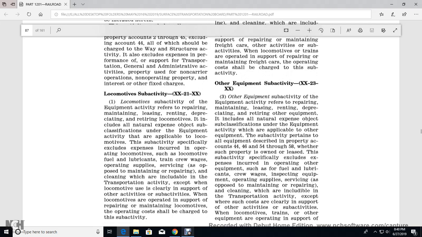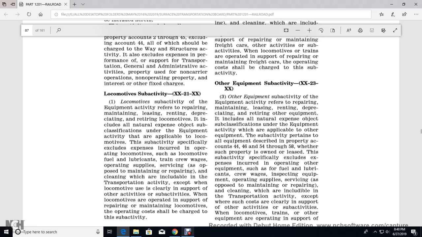Alright, other equipment sub-activity XX23XX. Other equipment sub-activity refers to the repairing, maintaining, leasing, renting, depreciating, and retiring of the other equipment, including all the natural expense of the object of the sub-classification under the equipment sub-activity. Applicability of the equipment sub-activity pertains to all the equipment described in the property accounts 46, 54, and through 58,